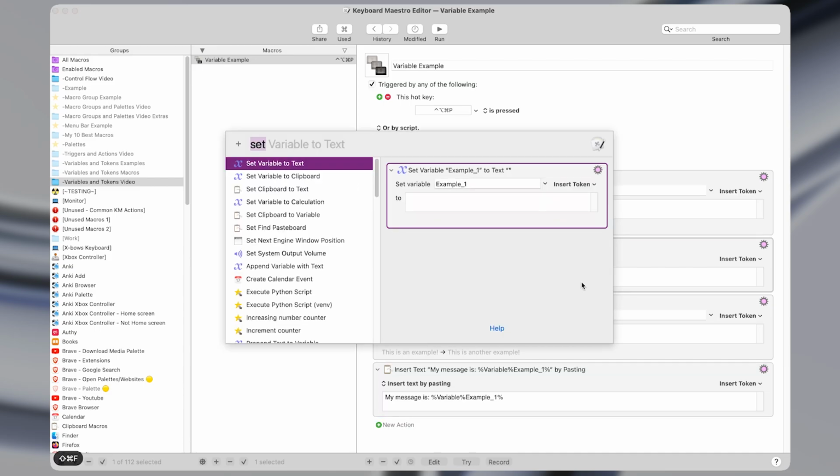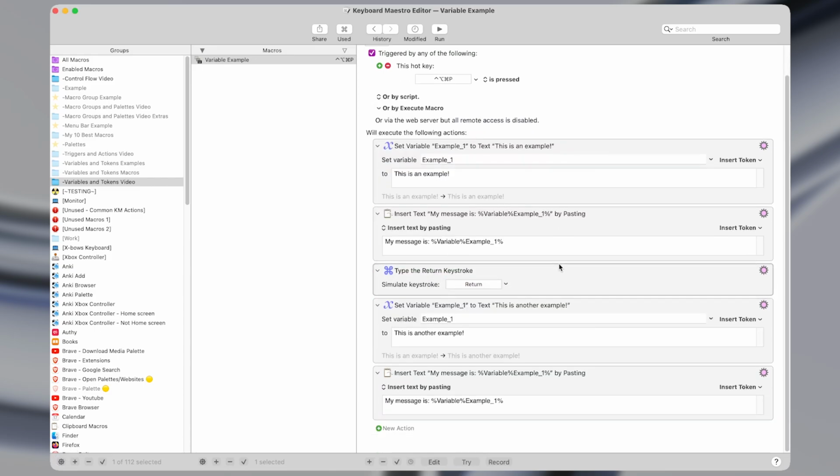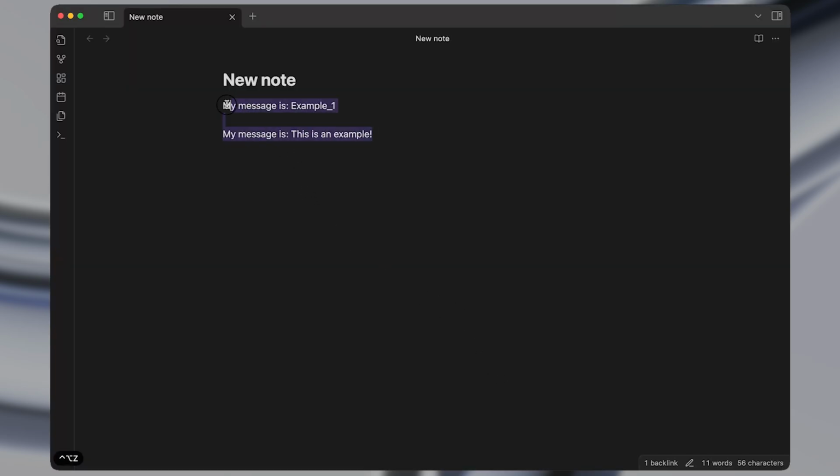And maybe in between here, I'll add a type a keystroke action to press enter. So right now this macro will just type my message is, this is an example, it'll press enter to make a new line, and then it'll type my message is, this is another example. So let's test that. I'm going to delete what we had before, and I'm going to activate the macro,